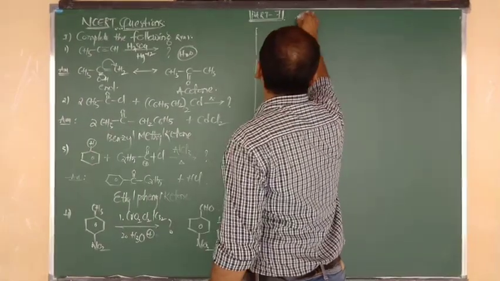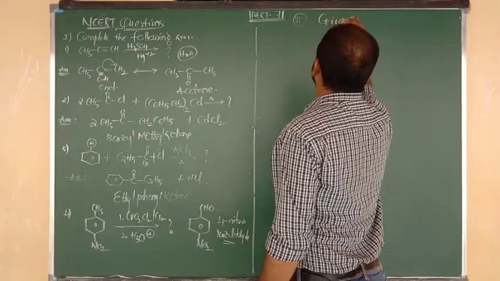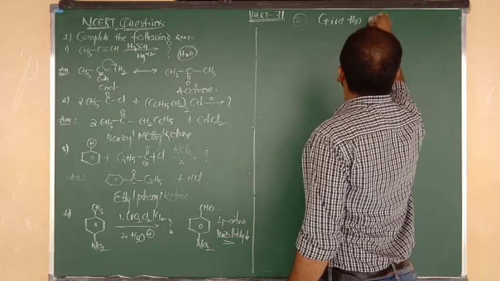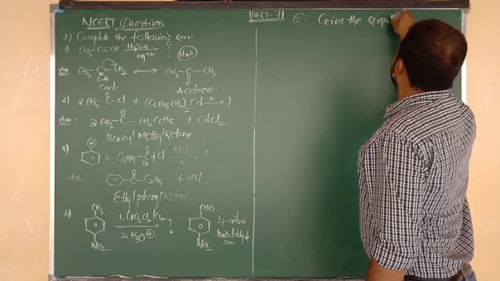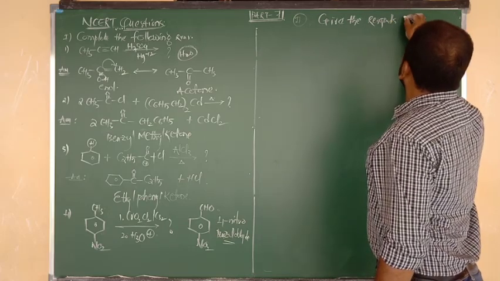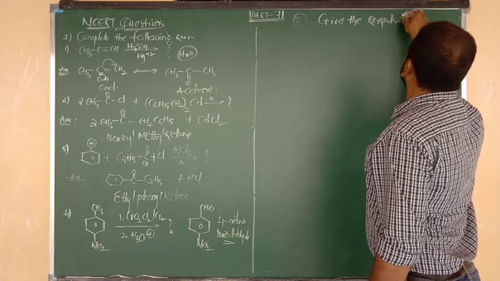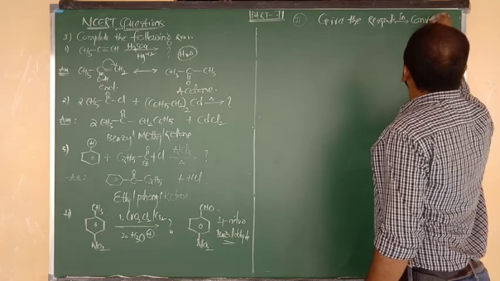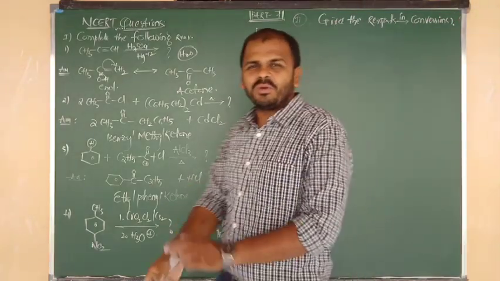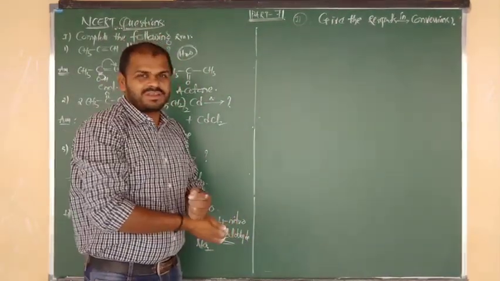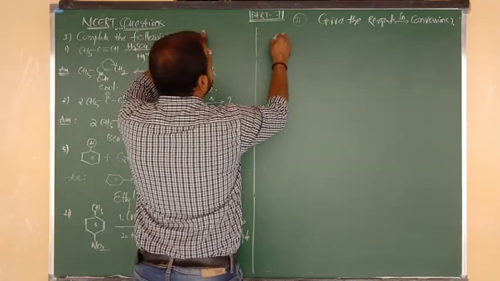Type 2 category. Give the reagents used in the following conversions. So I am going to tell you one by one what conversions are given inside the textbook. Okay? Right. Number one conversion is